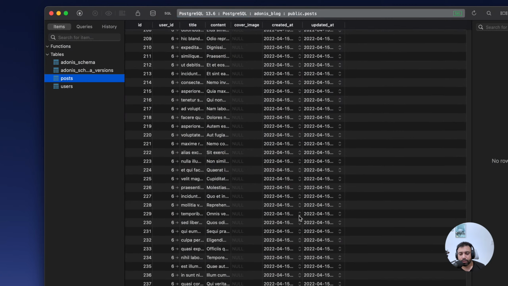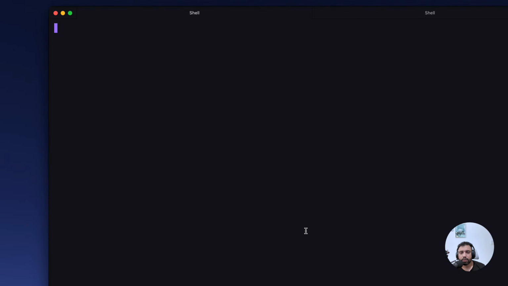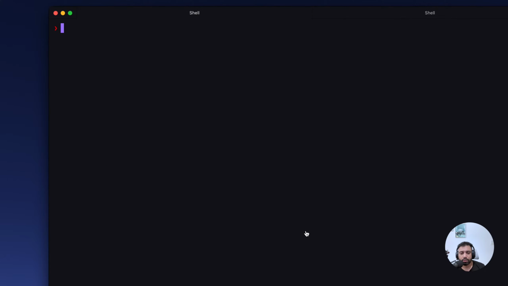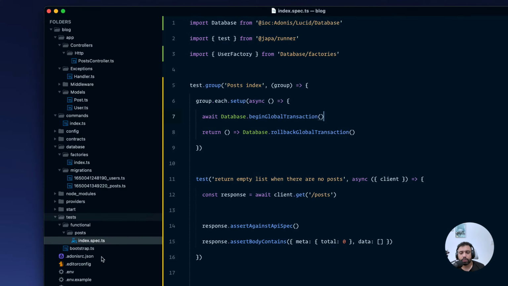And we still have posts. So let's try to drop our database. So I'll say node ace migration rollback, and let's rerun our tests. It says, oh, we have to rerun the migrations as well. But instead of running it manually, I will basically use a hook. But first,